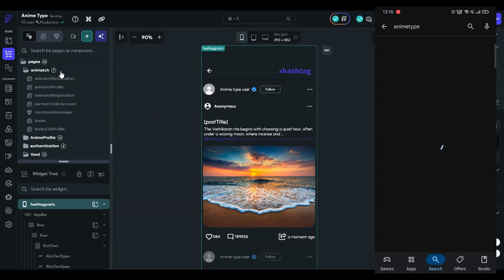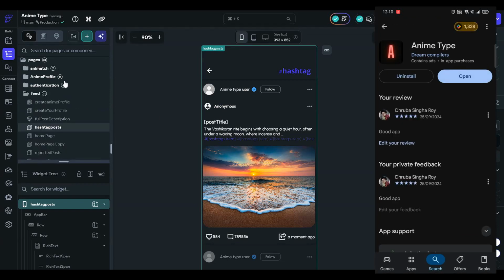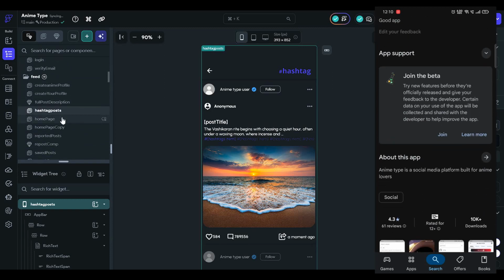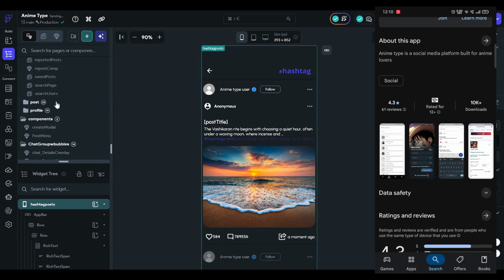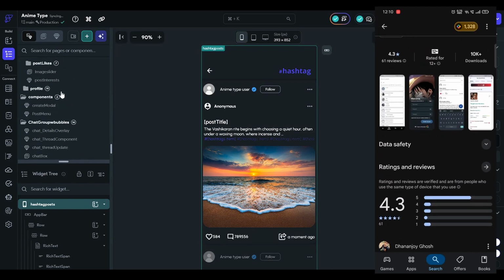And today we are going to see how I actually created a real world app using only and only FlutterFlow. I'm also going to let you know that the app is currently available on the Play Store. You can see your private feedback because I am in developer mode testing. And yes, this app is live on the Play Store.